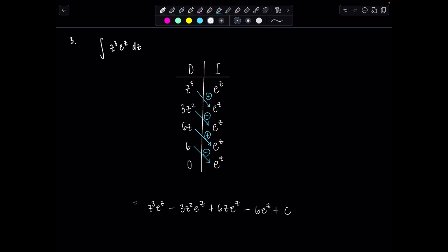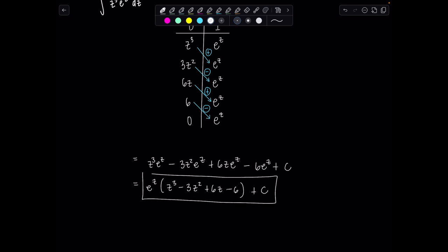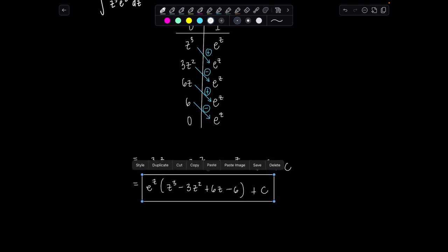Could you leave it like that? Sure, but I would say let's factor out e to the z because it's in every single term. So e to the z times (z cubed minus 3z squared plus 6z minus 6) plus c. And then we are done. Fantastic. Okay, now the last 2 examples I'm going to show you involve integrals in which this first column